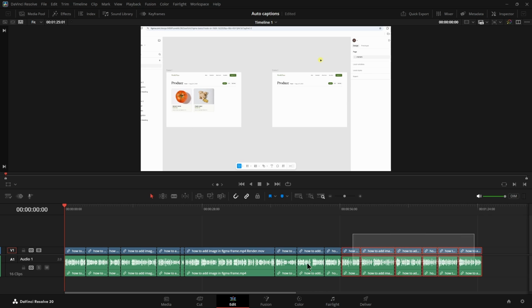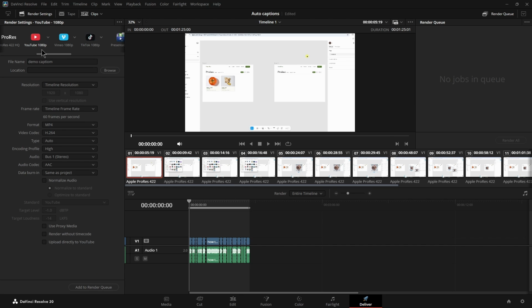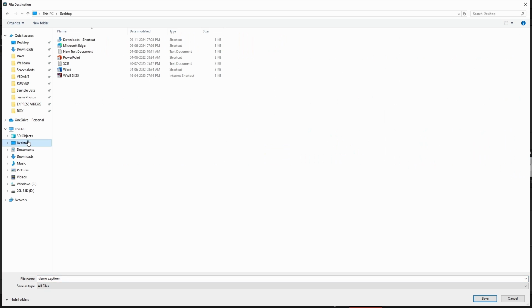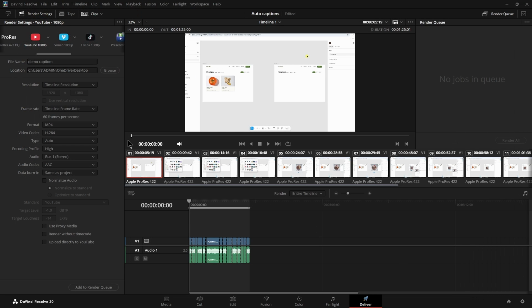and then we need to render all of these footages here. For that we need to go to the Deliver tab, choose the preset you want to use for exporting your video. I'm just gonna go for YouTube. Then choose the file name and location. So I want to save it on my desktop, so just select desktop from here and hit save and